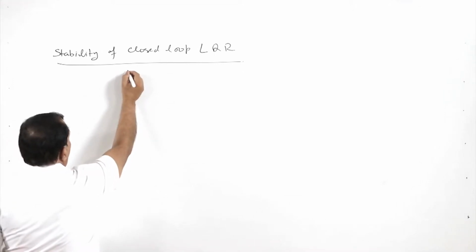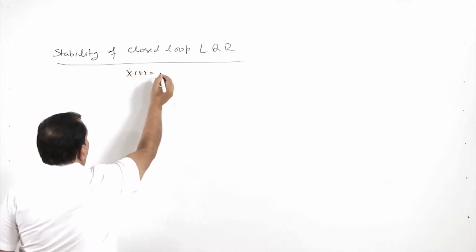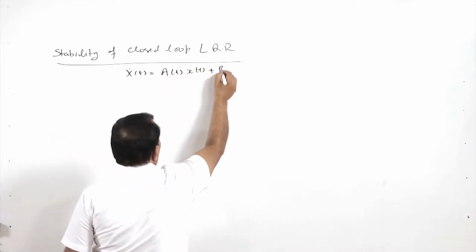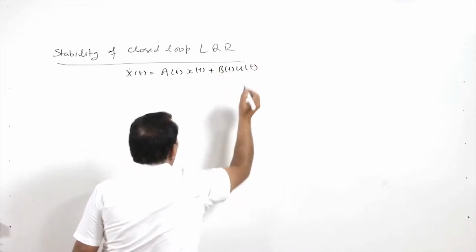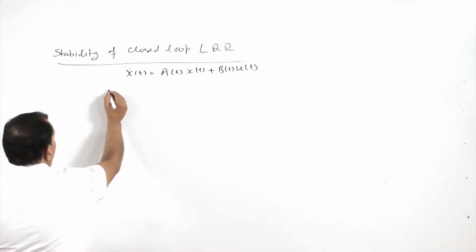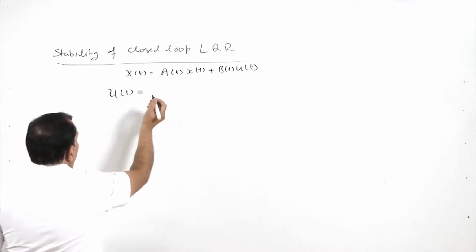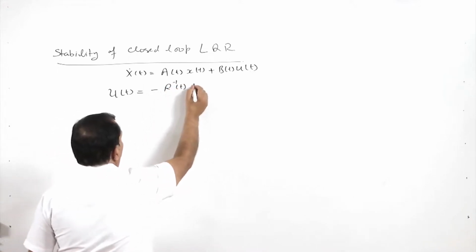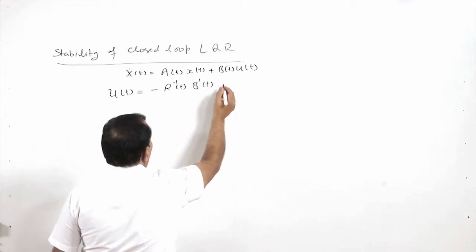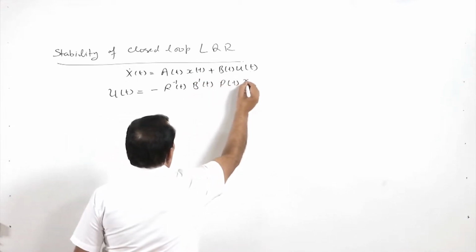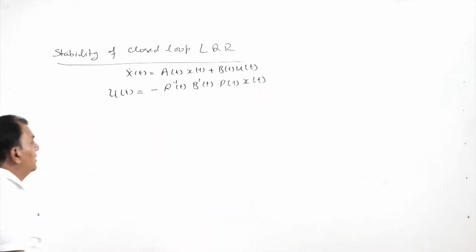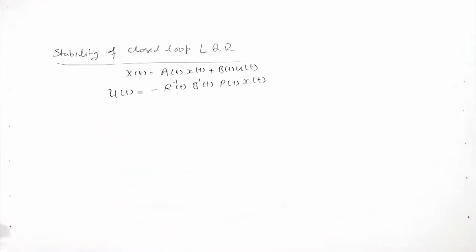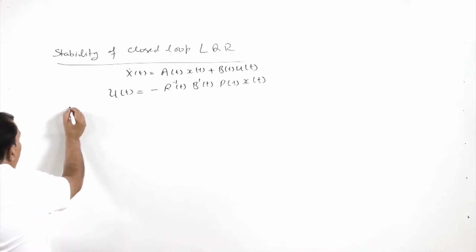As we have shown, my given system is x dot t equal to A(t) x(t) plus B(t) u(t), and u(t) is nothing but minus R inverse B prime(t) P(t) x(t), where P(t) is the solution of the matrix differential Riccati equation. With this, my closed loop system will become